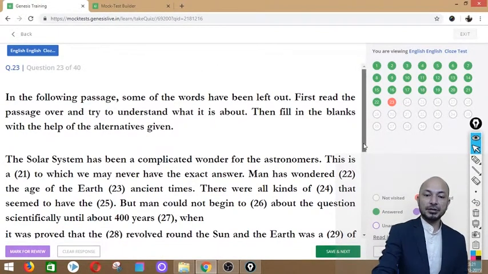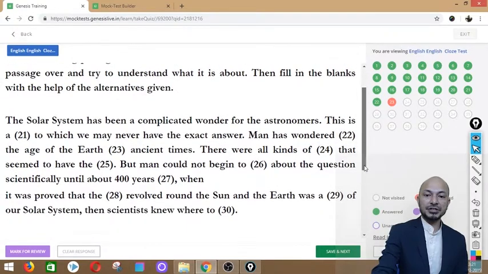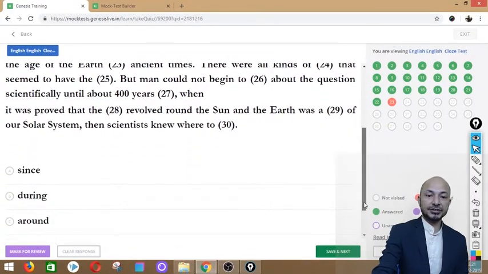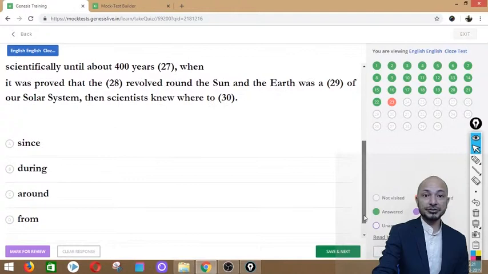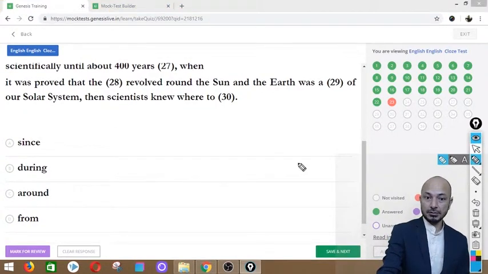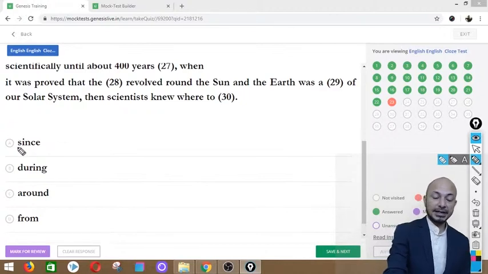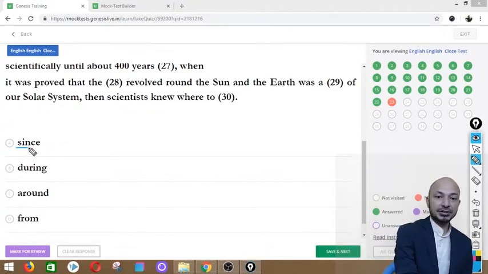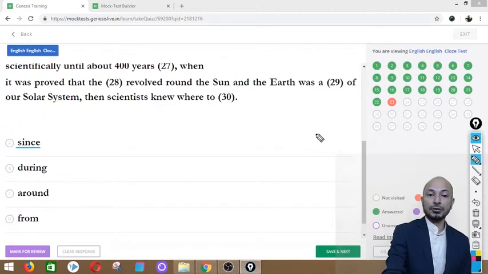So man has wandered about the age of the earth dash ancient times. Is it since ancient times, during ancient times, around ancient times, or from ancient times? It's in fact option A, which says since ancient times. So we go and click on option A